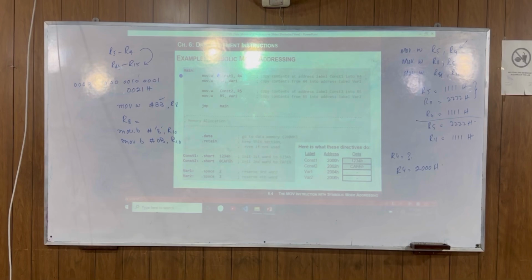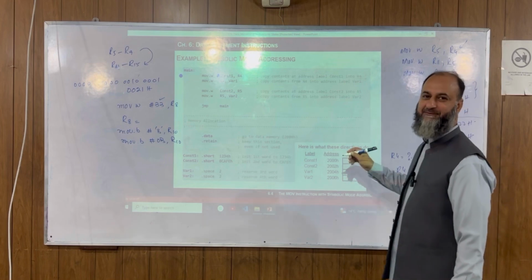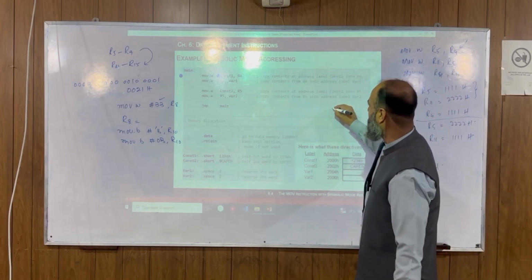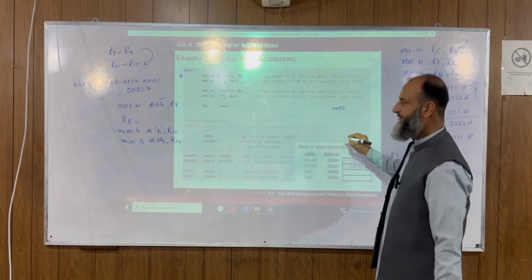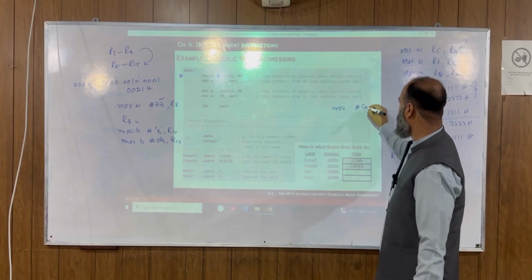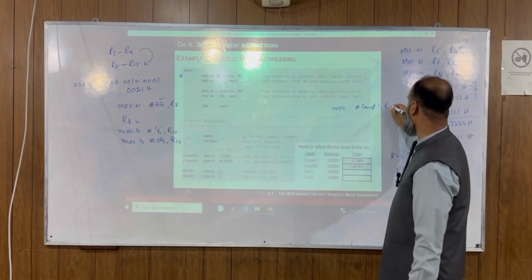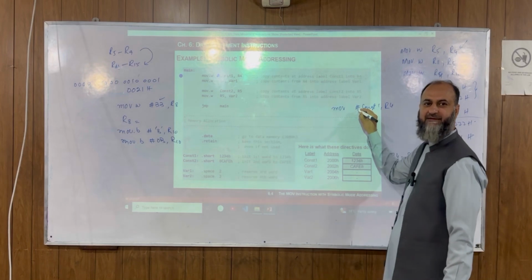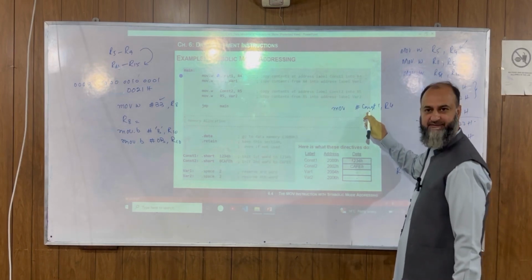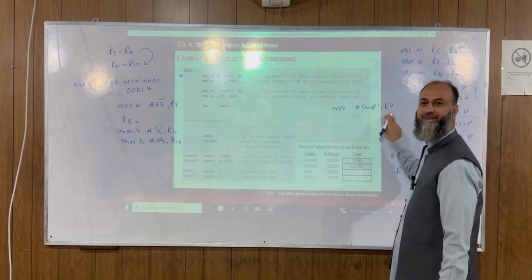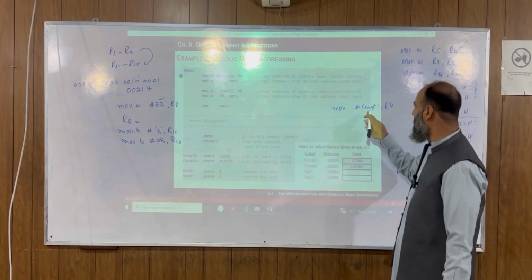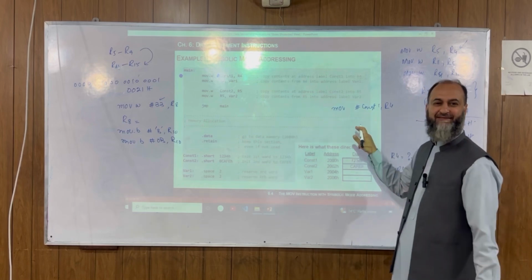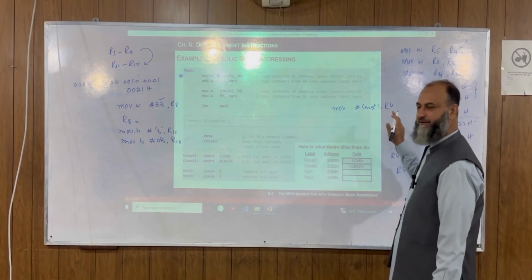क्योंकि आगे जाके आपने जब ज़्यादा complex programming करनी होगी तो you will have to use this. Now you see that we have got move hash constant 1 comma R4. तो hash का sign जब आता है तो we stated that the immediate word is going to be loaded in R4. लेकिन यहाँ पे immediate में बार-बार byte कह रहा हूँ, it's said to be immediate word is now going to be stored in R4.